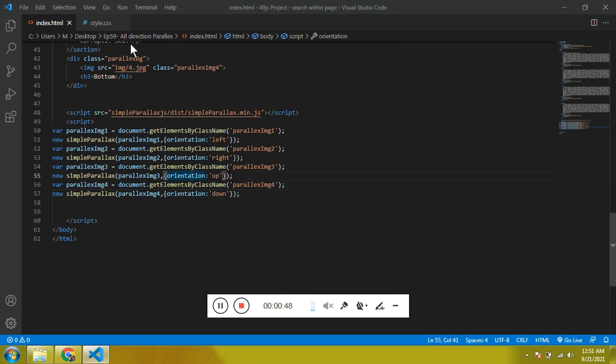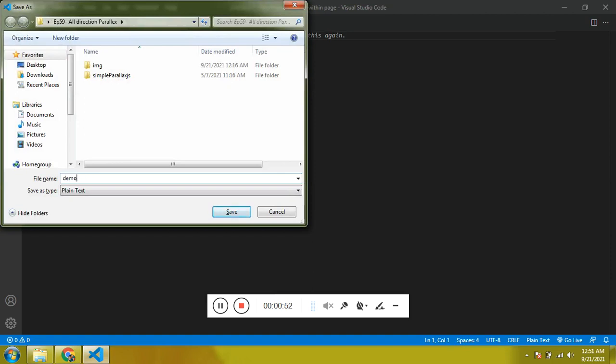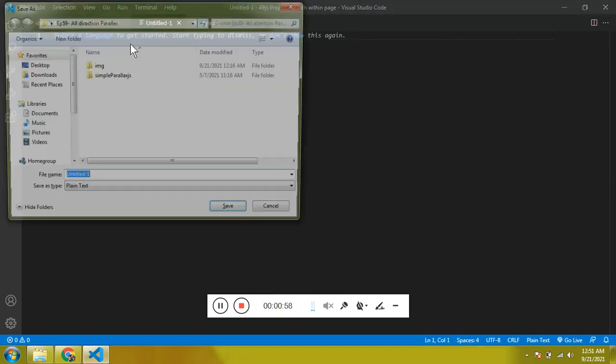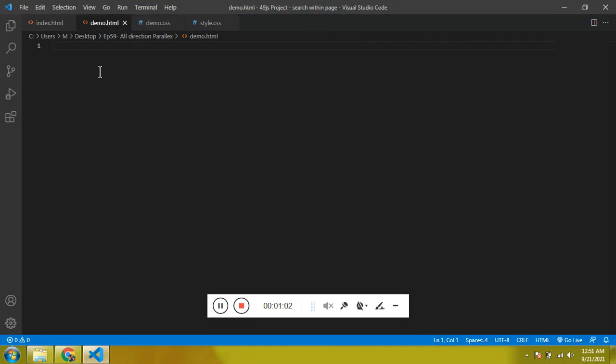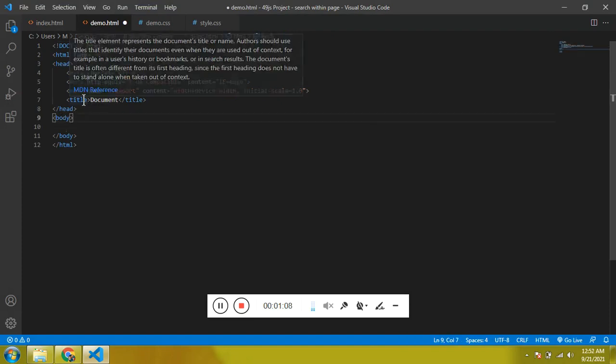The first thing, let me create an HTML file which I'm going to name demo.html, and the second one is going to be demo.css. Now let's open the template. Just type exclamation mark and enter, and you get the required template.